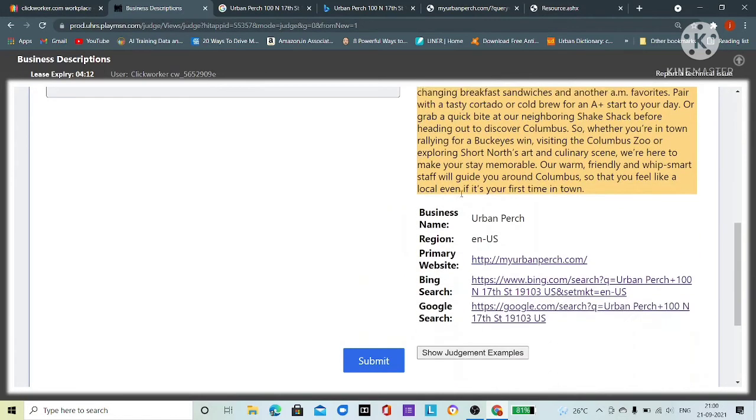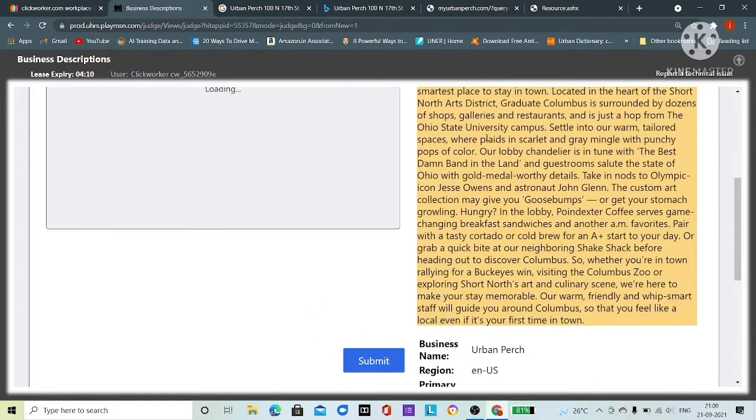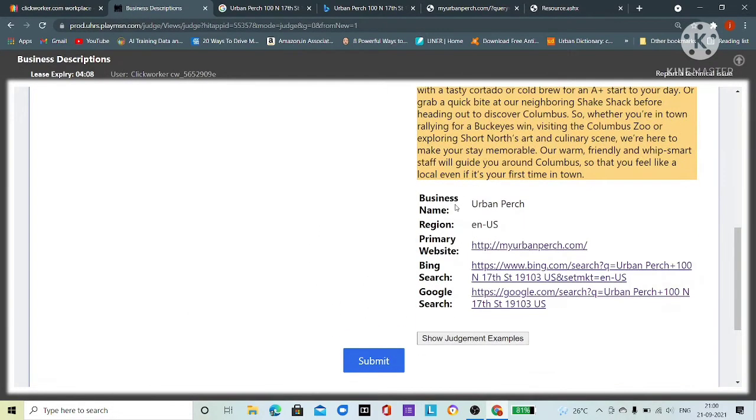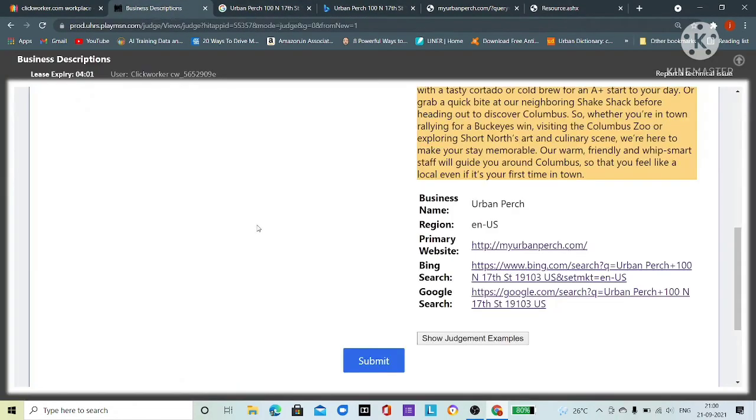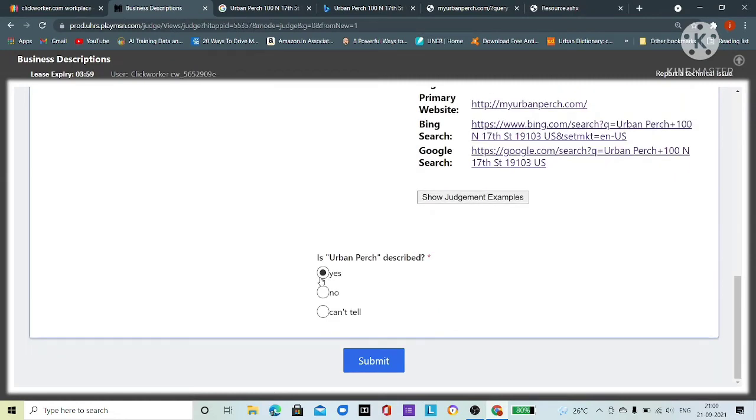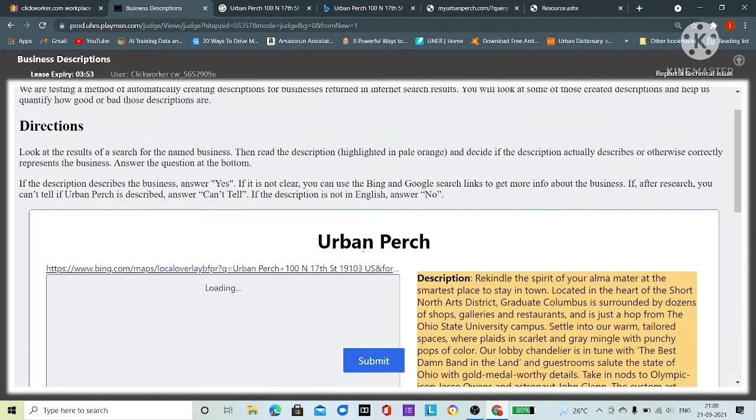So I think this description correctly portrays this business, right, from this Google and Bing research. So I will choose yes and click the submit button. So this is the business description HIT app.